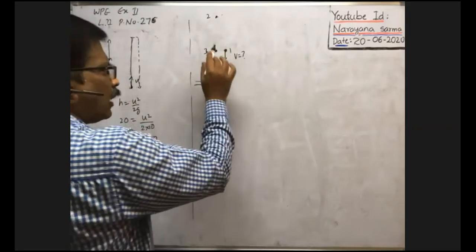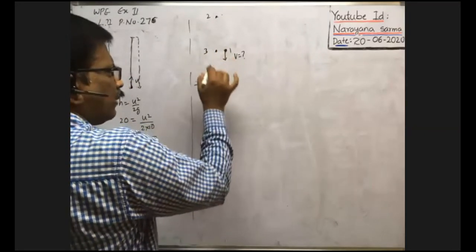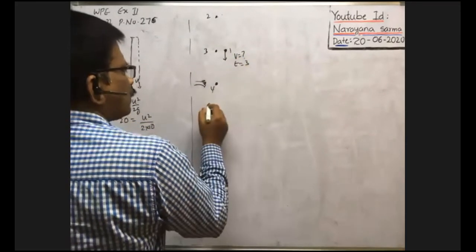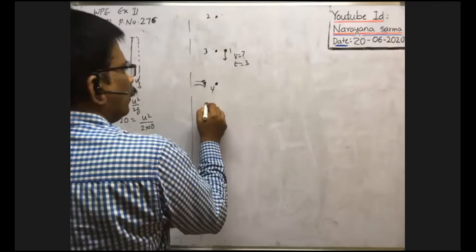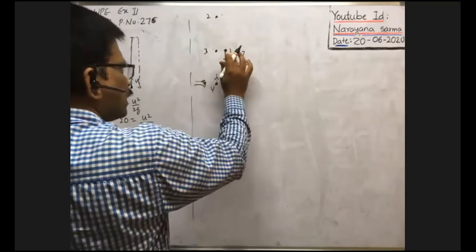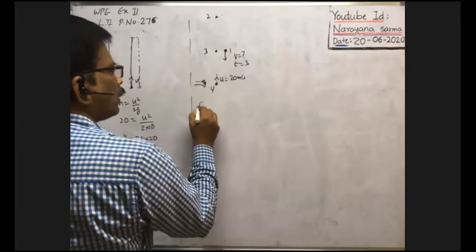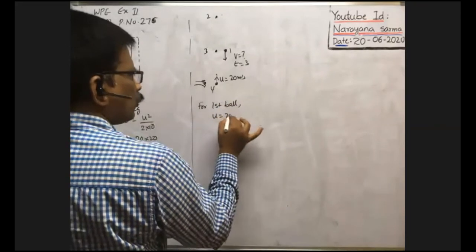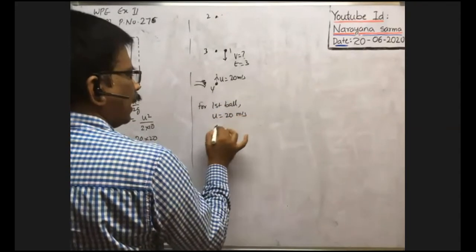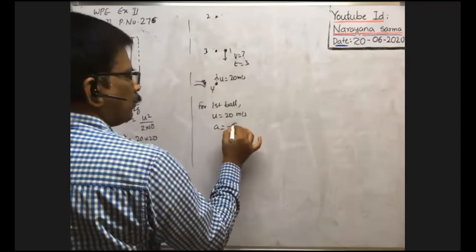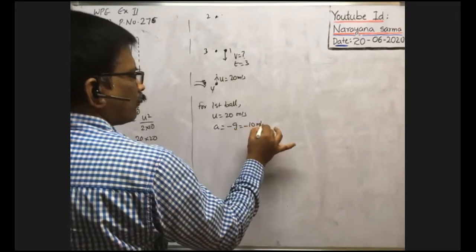What is the time for which the first ball travels? 1 second, 1 second, 1 second, which means the first ball travels for t equal to 3 seconds. In t seconds, what is the velocity acquired? The initial velocity of projection of the first ball: all balls are thrown with the same velocity, that's why u is equal to 20 meters per second. So what is the velocity of the first ball after 3 seconds? For the first ball, initial velocity is equal to 20 meters per second. As the first ball is initially thrown vertically upwards, acceleration is minus g, which is equal to minus 10 meters per second square.